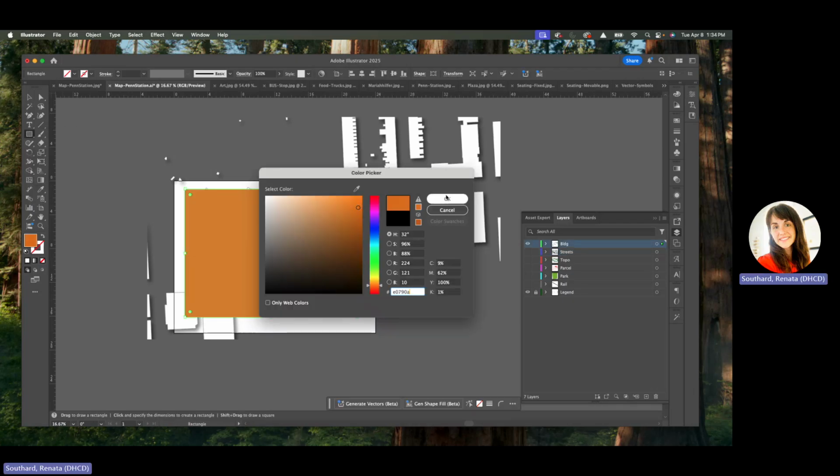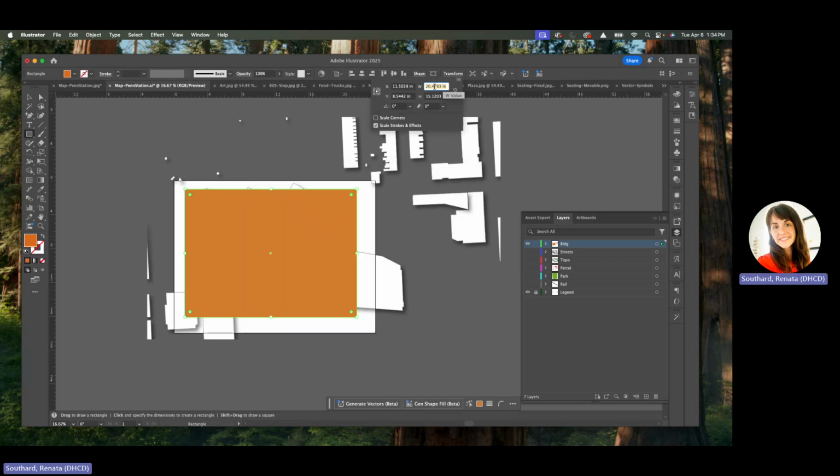I want the shape to be kind of, let's see, I want it to be a 1 inch border at the top, and then, like 1 inch at the top and 2 inches at the bottom. So 15 by 22. And then that's about the right spot. And I'm just gonna make this into a clipping mask by